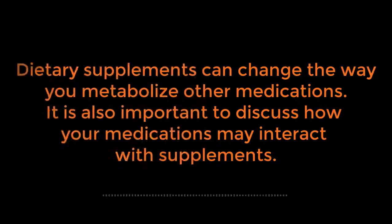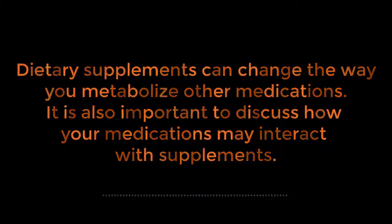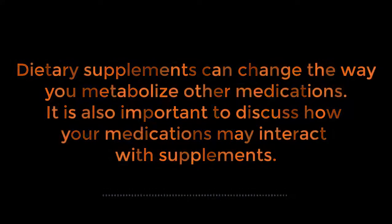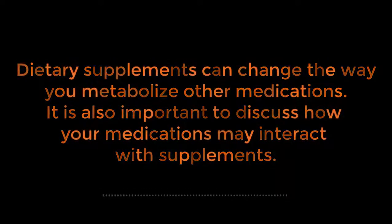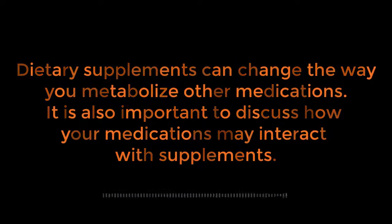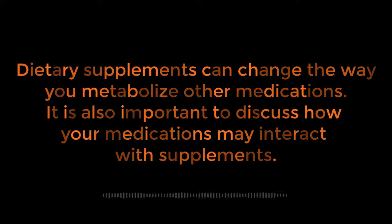And grapefruit is a natural substance, right? But it does change the way that you metabolize things, and it could change the way that you metabolize a specific drug. So that's why it's important, if you're going to try a new dietary supplement, that you talk it over with your doctor, especially if you're on medications, to make sure that you don't change the way